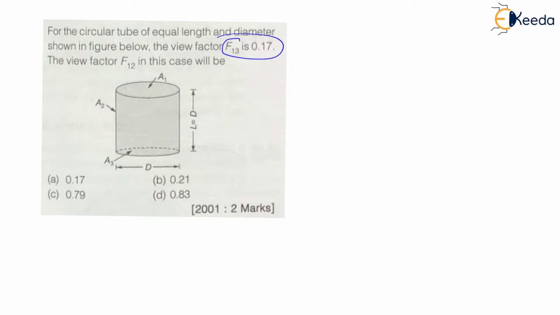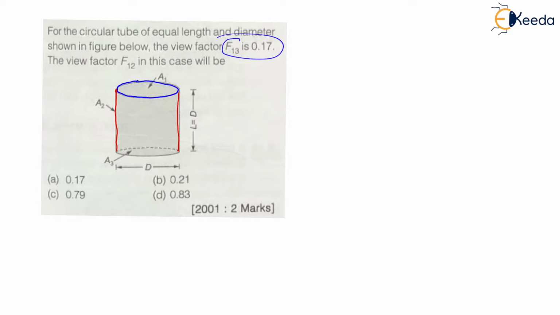Right. Now here F1 to 3 is given. Now here surface 1 is a flat surface, a circular flat surface. Right. Let us say the blue color is surface 1. Now surface 2 is the surface area of this cylinder, right? This surface, the side walls. So with red color, I will show you surface 2. This is surface 2 with red color, right? Surface area of the cylinder.